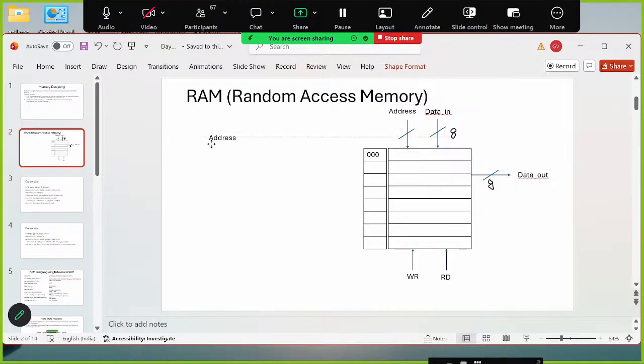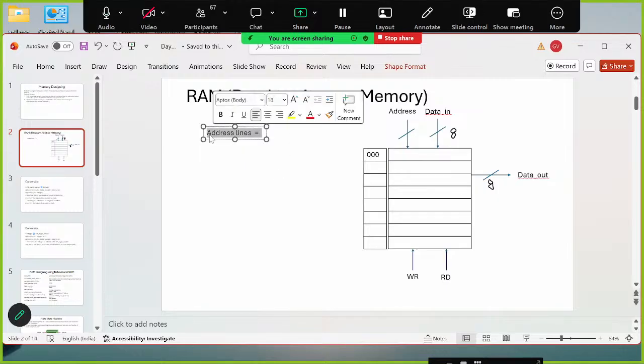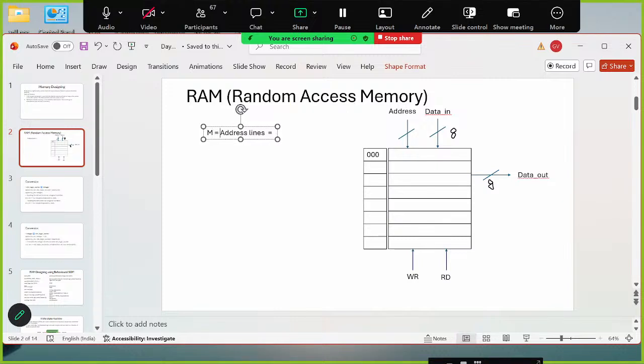Let's see. So address lines, let's say if the address lines are M, right? So we need, if we want to calculate the address lines, okay, not M, I should write. If I need to calculate address lines, then it should be 2 to the power